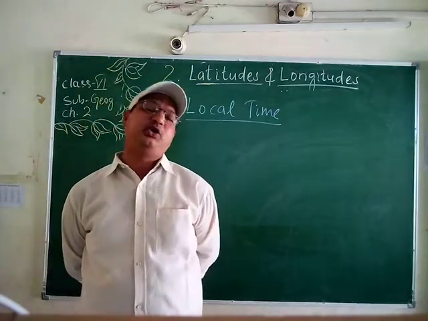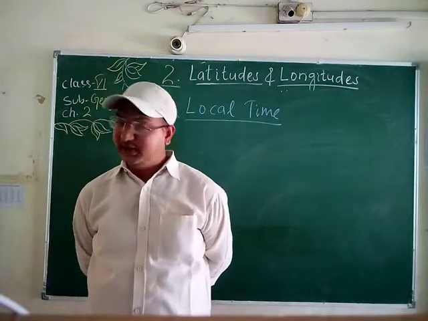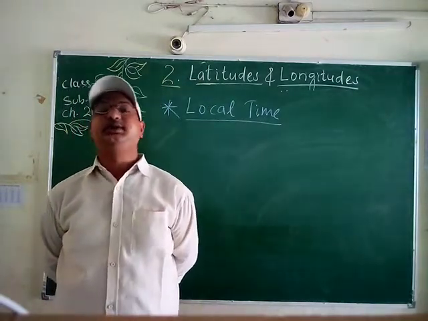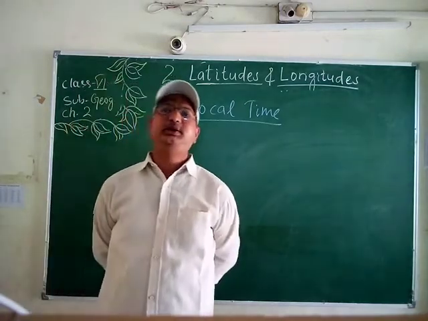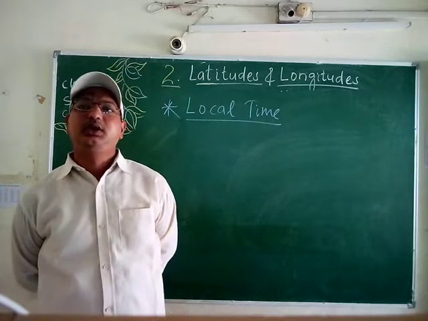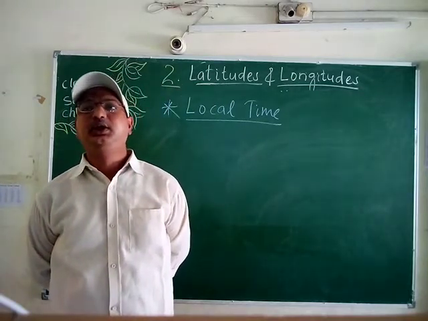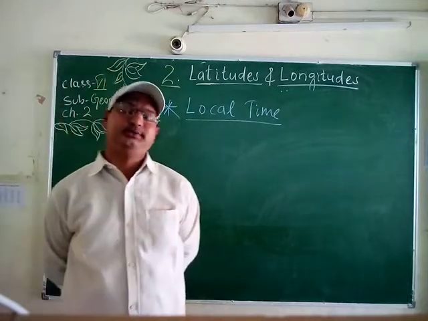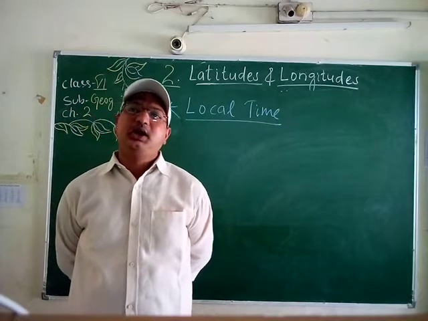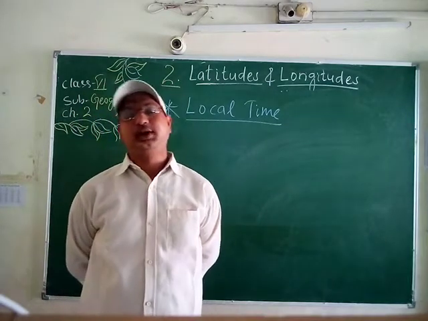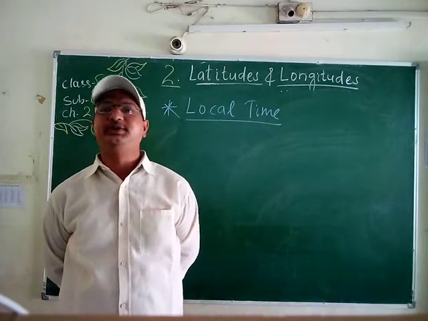The sun rises about 2 hours earlier in the northeastern part of India. Yes, listen, students. The sun rises in the northeastern part 2 hours earlier than it does in the west, due to an east-west extent of nearly 29 degrees. The sun rises in the east, we all know, therefore the northeastern part receives the sunlight before the west.